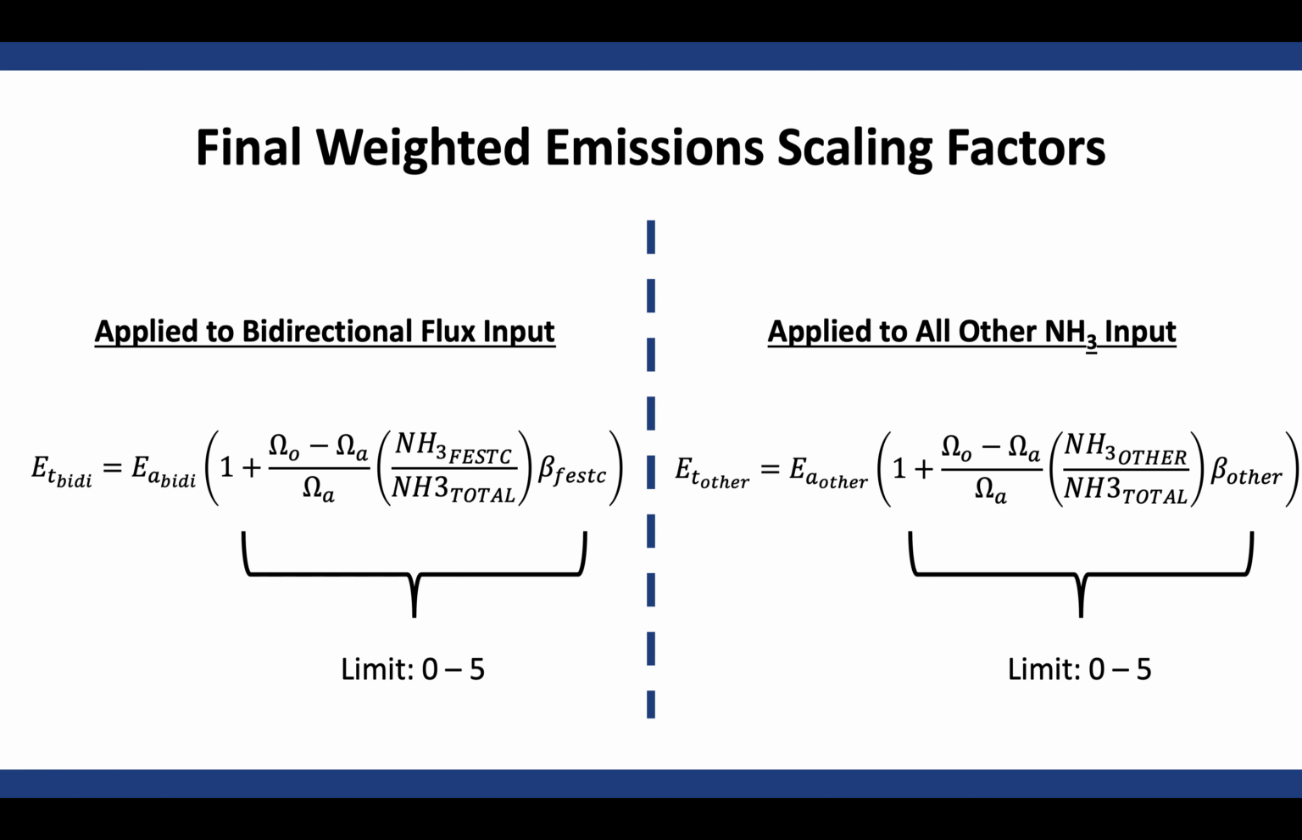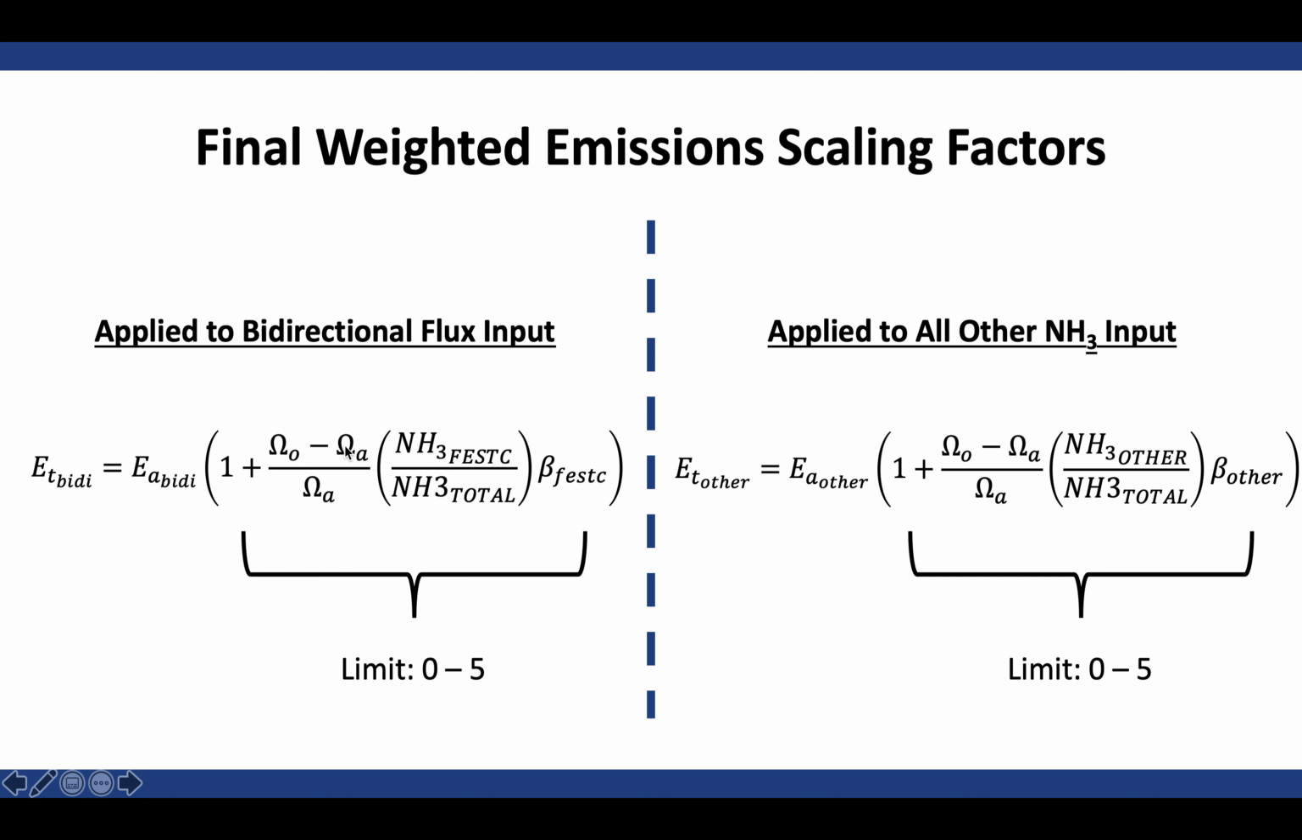What we changed here is we added this scaling term for either the bidirectional or for the all other. And basically this is just weighting the final emissions, or this whole scaling factor, by the original ratio of either the bidirectional to the total or the all other to the total. And we had to do this because this whole process would be assuming that the entire difference between the